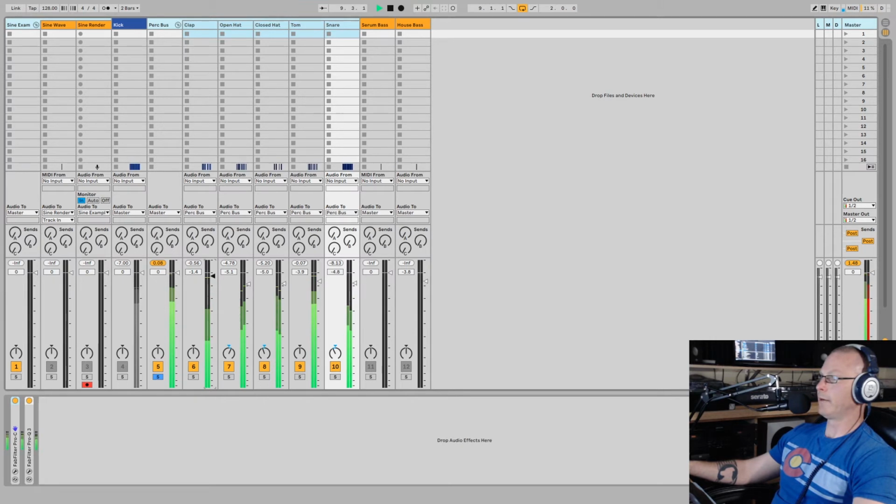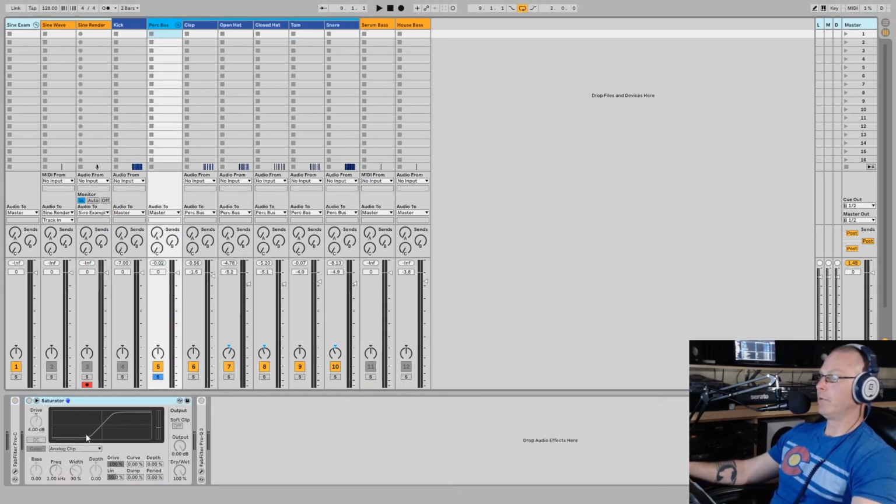So back off just a little bit there. Perfect. And now the bus is no longer clipping. So now I want to move on to processing this bus with some plugins to kind of just fill out